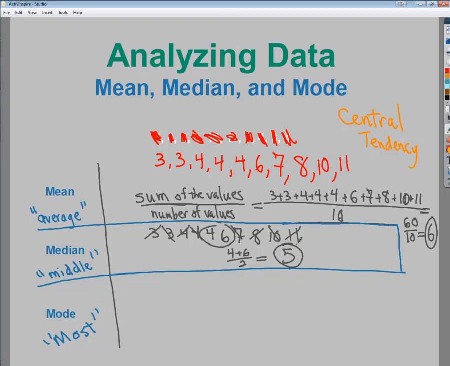So if I were to do a little mini frequency chart, and you definitely don't have to do a frequency chart with this, I'm just doing it for my own benefit. For 3, there's 2 of them. For 4, there's 3 of them. For 6, there's 1. All the rest just have 1. So the one that happens the most is 4. So my mode